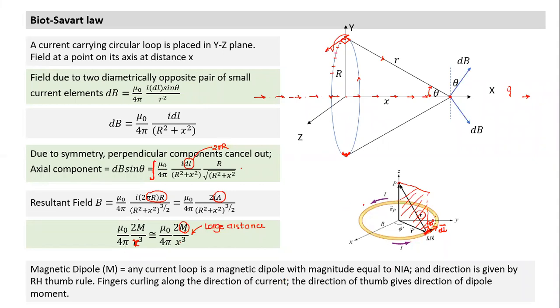then the direction of thumb gives the direction of dipole moment. Okay. So is this also what we see here? Is this a dipole? Yes. So how would my fingers curl? If I curl my fingers along the direction of current, what I find, my thumb will point upwards. This is the direction thumb will point. So what is the direction of dipole moment here also? Vertically upwards.